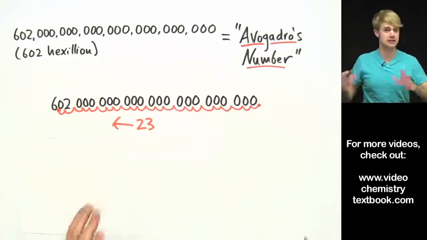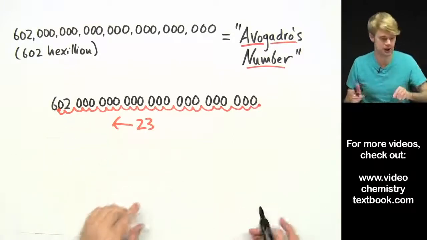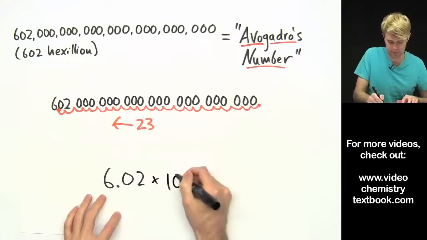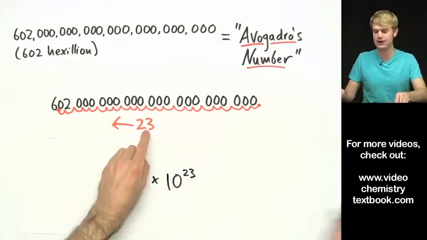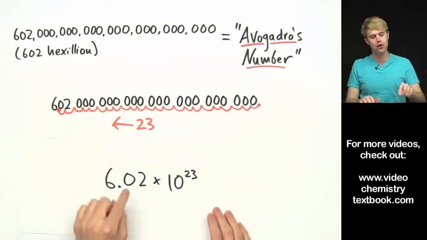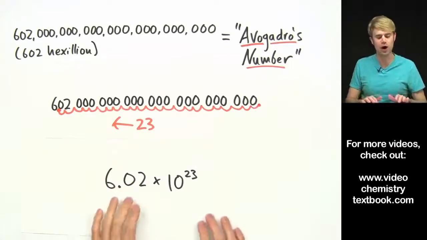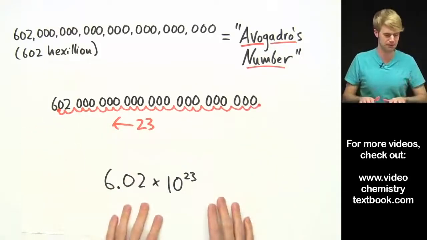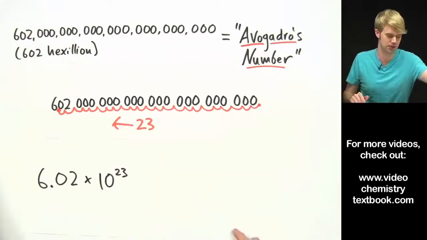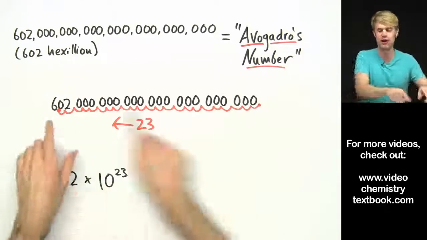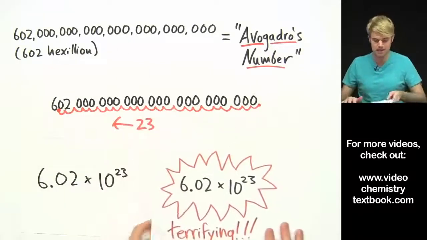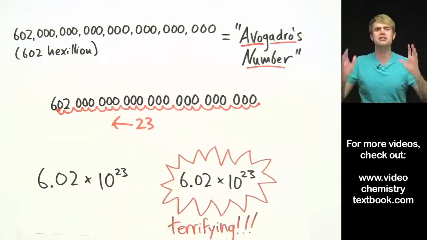And that means that in scientific notation, I would rewrite this number as 6.02 times 10 to the 23rd. The 23 comes from the number of spots that I moved it to the left. So 6.02 times 10 to the 23rd is how we often abbreviate this gigantic number, 602 hexillion, when we want to write it out and use it, say, in math problems. Now, this is a convenient way to write this gigantic number in scientific notation, but it's also a terrible way to write it, because this number, 6.02 times 10 to the 23rd, looks terrifying, right?